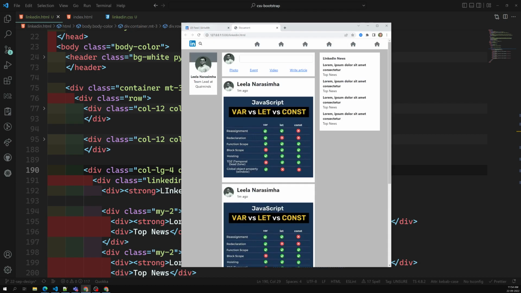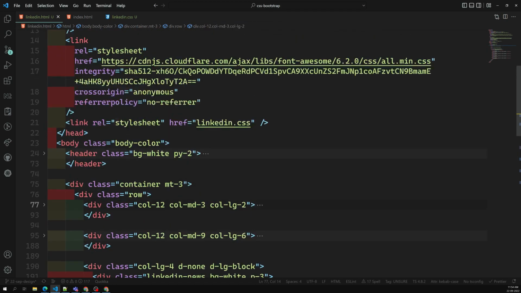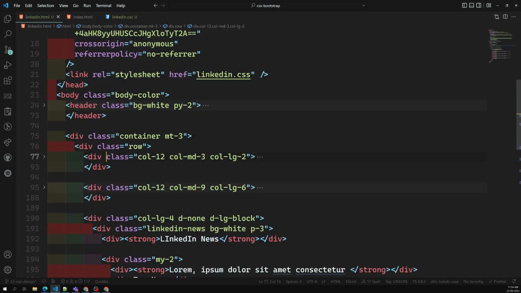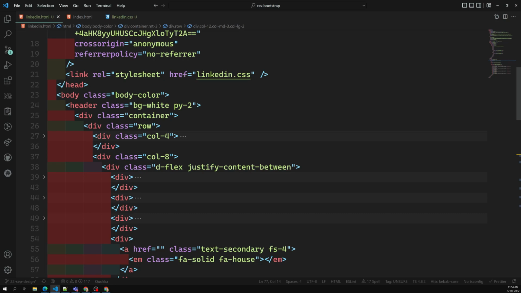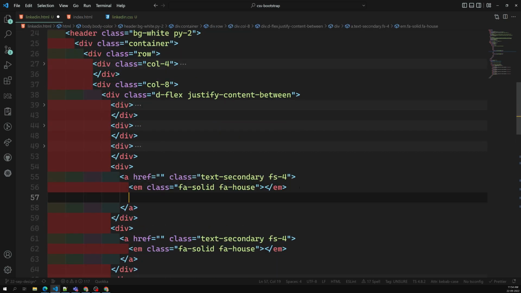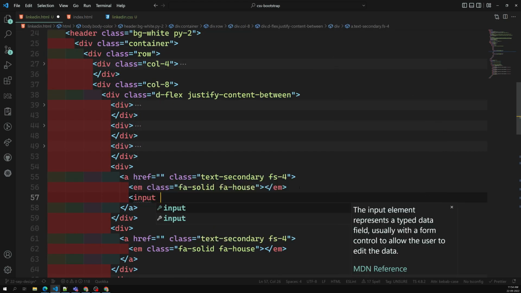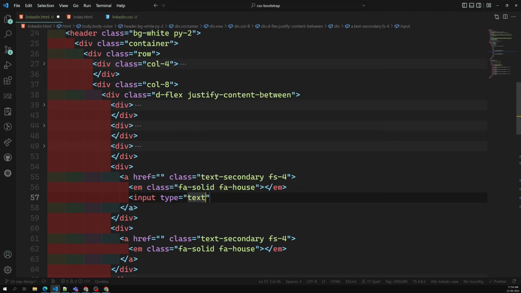So this icon has been converted into the search box. If you want, you can also convert that one. Where is that one? So in our header, right? In our header and in the col-8 somewhere we have this one, right? So here you can use input type equal to text, you can use it, and this one should be,